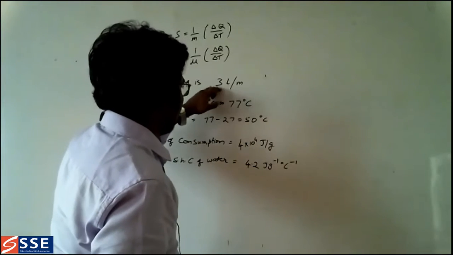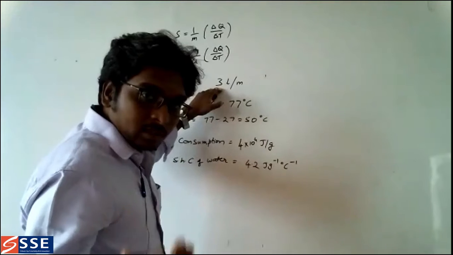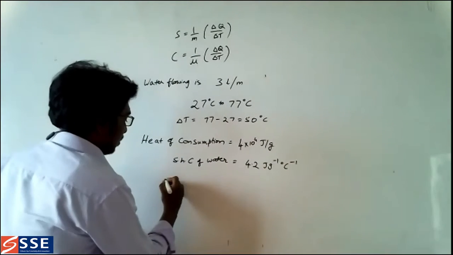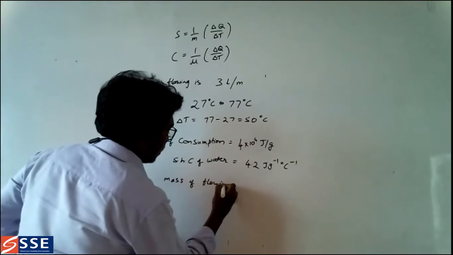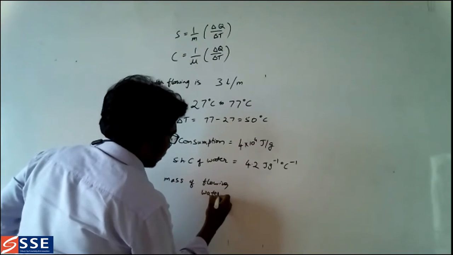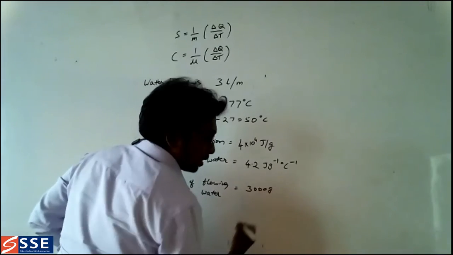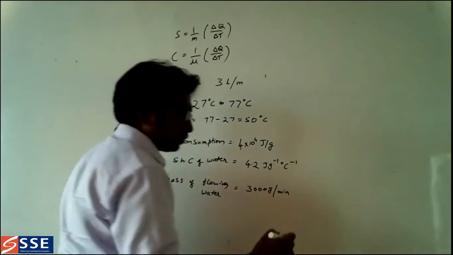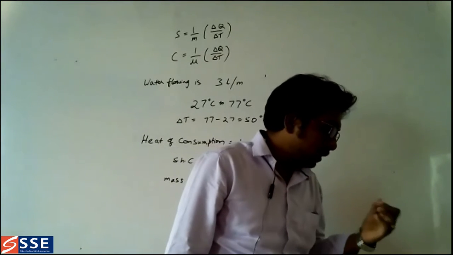this 3 liters. 3 liters means nothing but 3000 grams. Okay, mass of flowing water is 3000 grams per minute. So now, the total heat used,